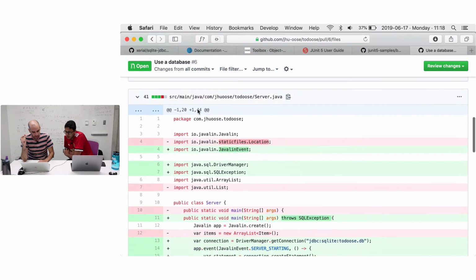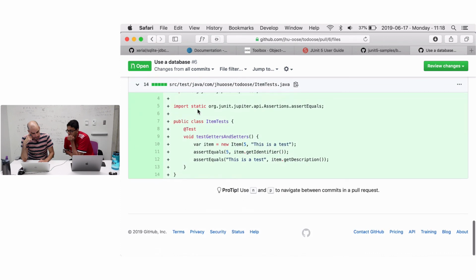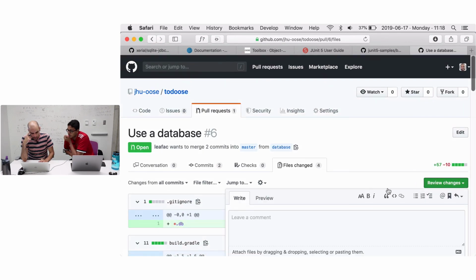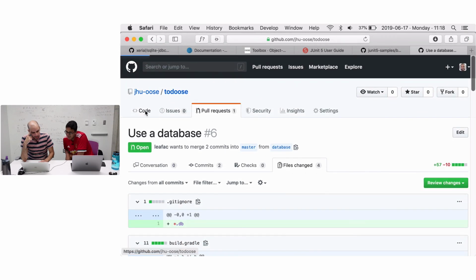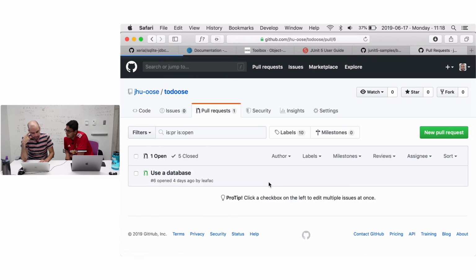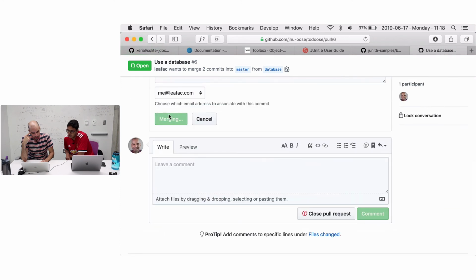We have changed a bunch of code, a lot of code really. This one looks good to me. Yeah, we can merge. I wish I could say accept or approve to myself. They can't. So, pull request, done. Merge, confirm merge,